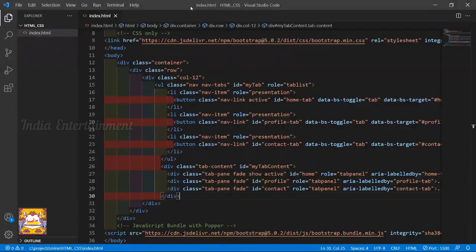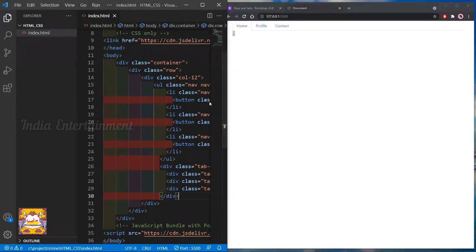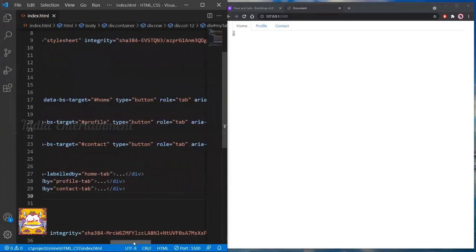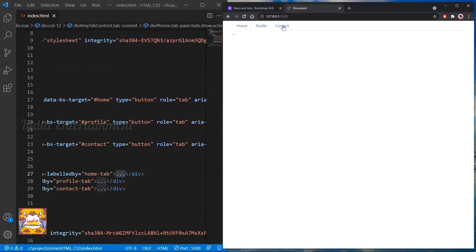See, now the tabs are appearing here and inside content. Stacking this one side by side, then only you can see the live updates. I'm changing this content so that you can see whether the content is changing or not.